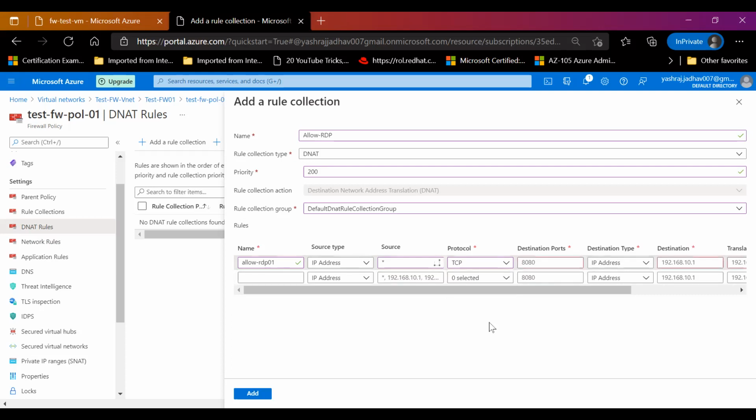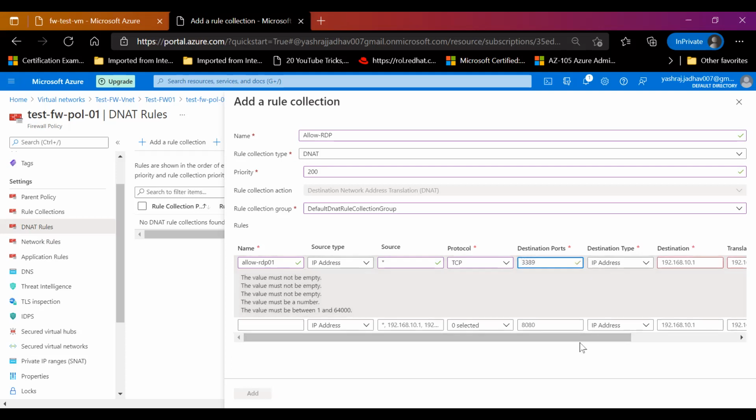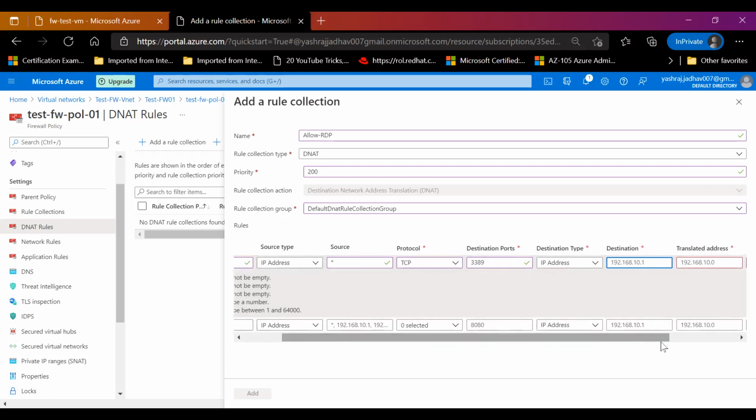Now I'm going to select TCP because RDP is a TCP protocol, and I'm going to put the destination port, which is 3389. The destination type is again IP address, and the destination would be the subnet. No, this time the destination, because see, I should again